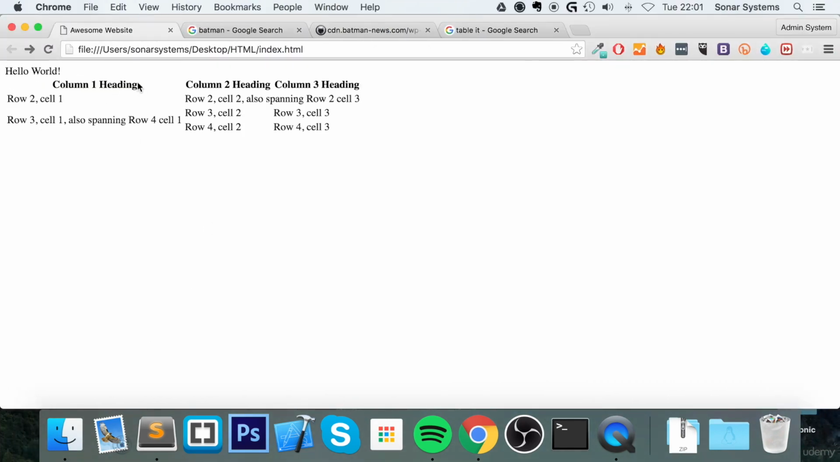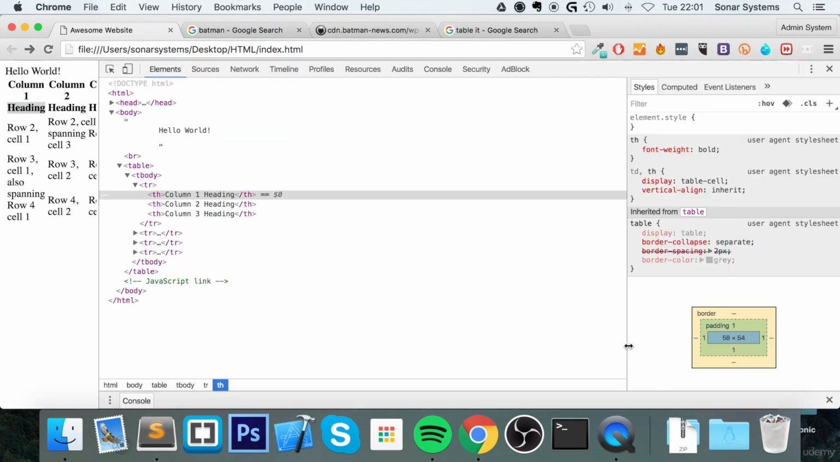We've got column 1 heading. By default, it'll add some basic styling. Obviously, if you wanted to put in your website, you'd probably combine that with CSS and add some better styling. So as you can see, for the table header, it's added a font weight of being bold, which is really